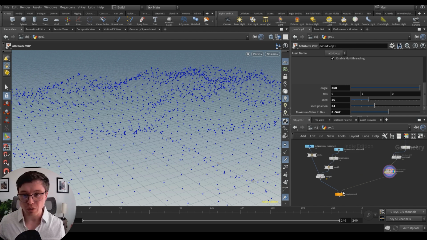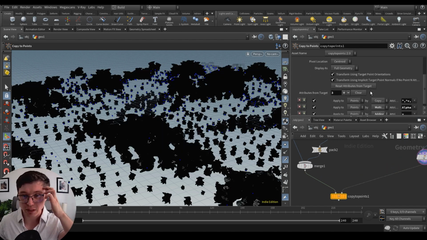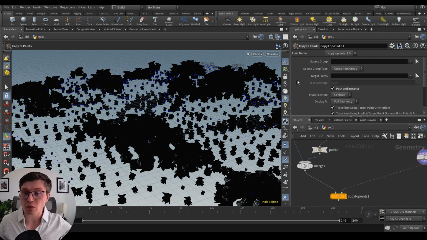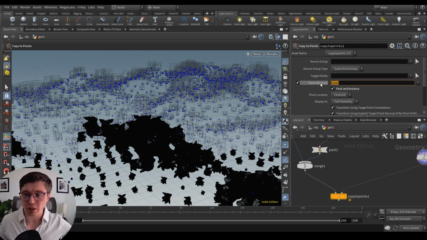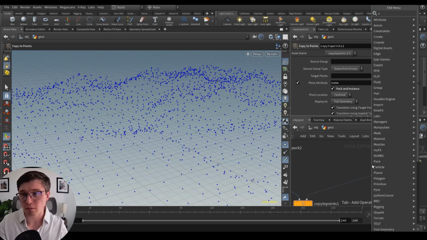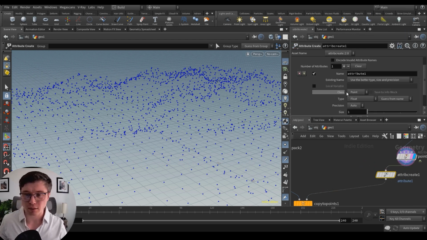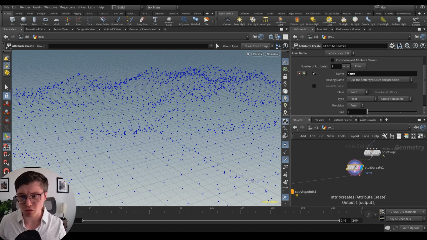So based on that, how do we randomize the shape? Well, in the copy to points, we have this piece attribute, and what it does is expect an integer or a string to drive which shape to assign. By default, it would try to look for something called name, and it has to be on the point. So fair enough, we could create an attribute called name on those points. So let's just create this name attribute. And you know what? Okay, let's just use that for now.